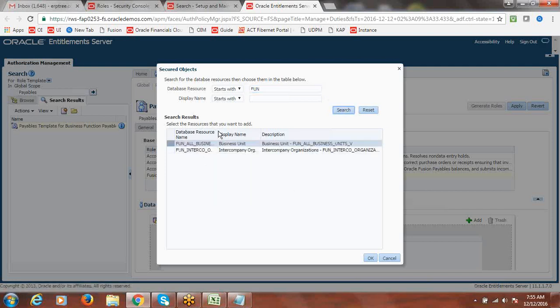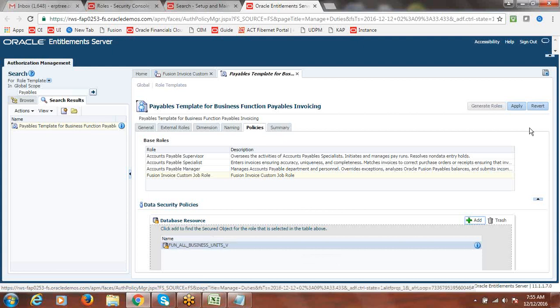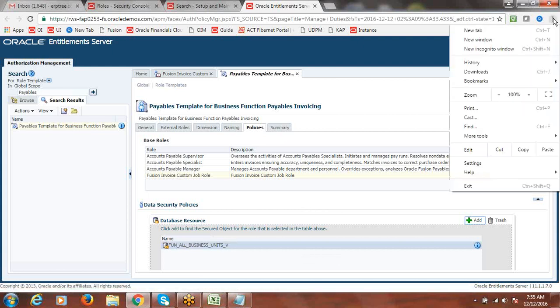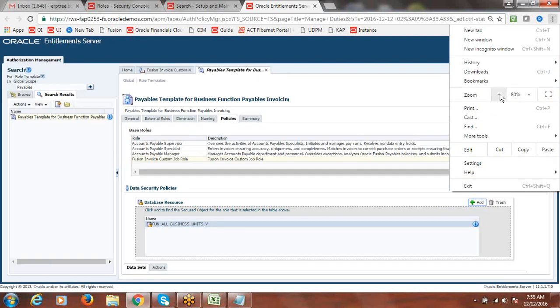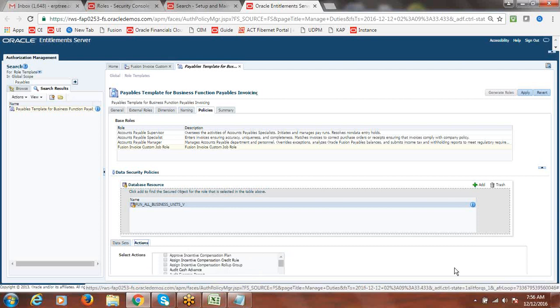This name we have to provide. And below we have to give some ID specification. Because the view we are not getting, I'm going this way. Here object primary key I'm selecting as BUID to BUID. The mapping I'm doing. Then go to actions. Through actions, it is mandatory you select at least one action for this.